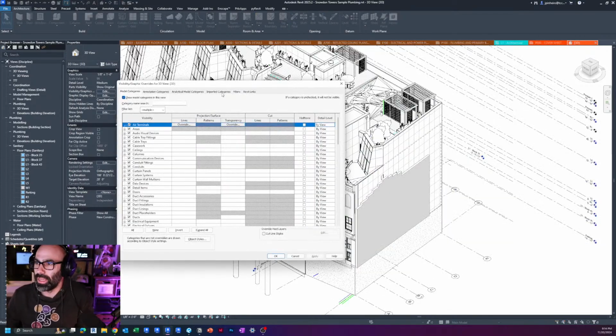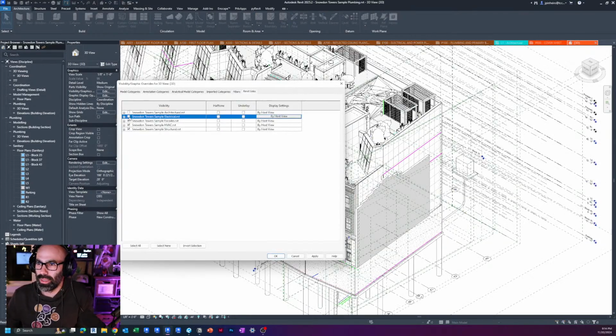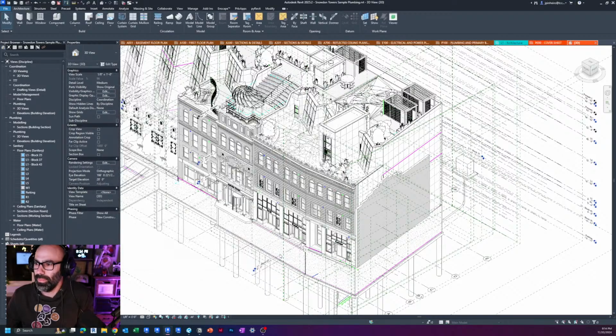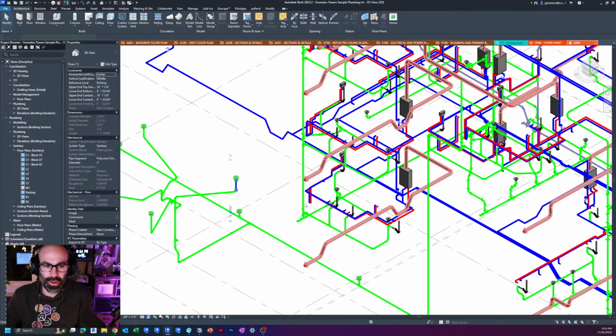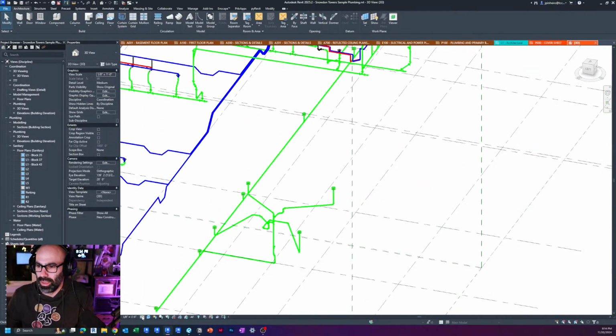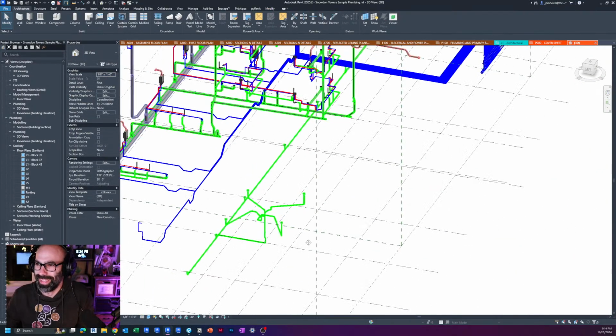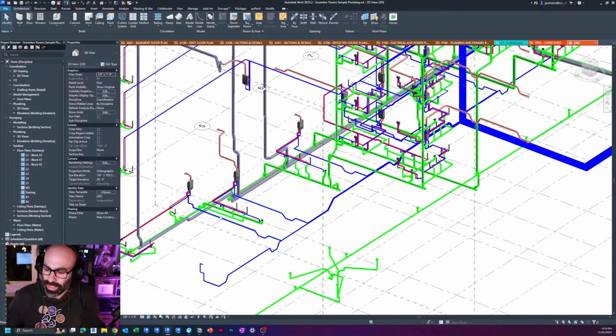I'm going to turn off the links because it does open the links with it. Okay, and now you can see what we've got here is a plumbing model, right? So basically what I've done in the past, and what I'm going to show you guys how to get started really quickly, is find something that's similar to what you're trying to do. So in